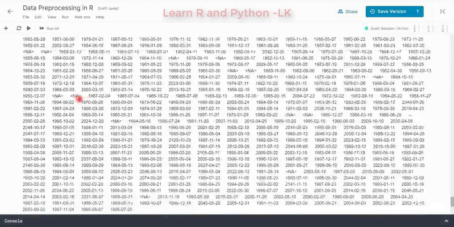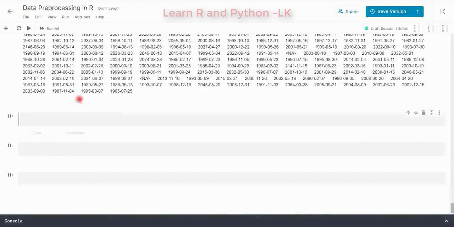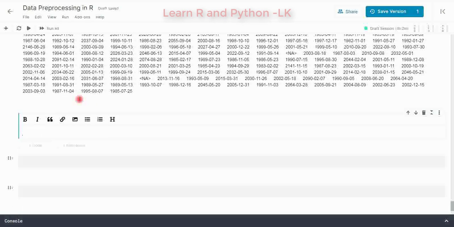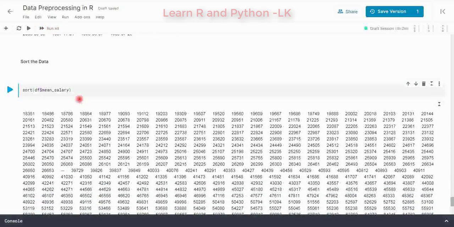But sometimes some data in some format will be just numbers, then we have to convert it to a date. But make sure you use the proper origin, because if the origin is changed, it will be different. Next, we'll look into sorting the data. We already saw the sorting of dates as well as numbers. Make sure your data is in the proper type so that sorting can be used to easily identify